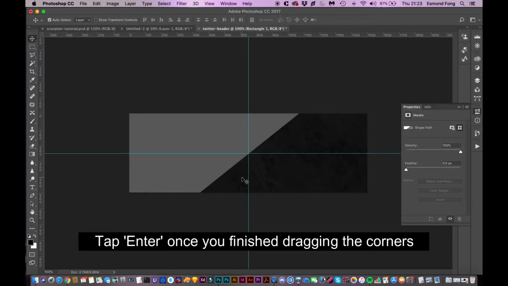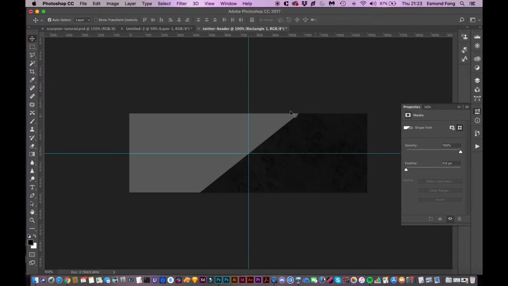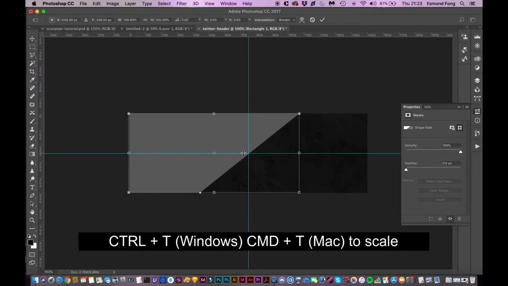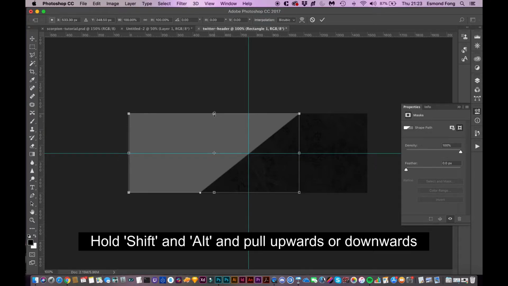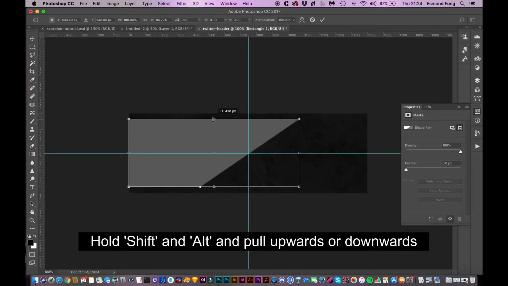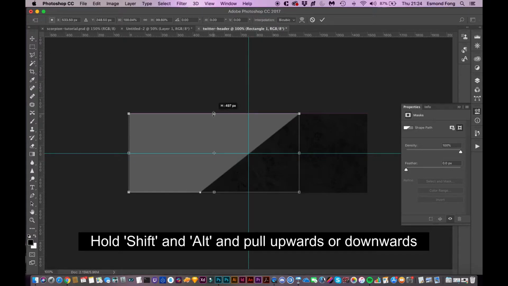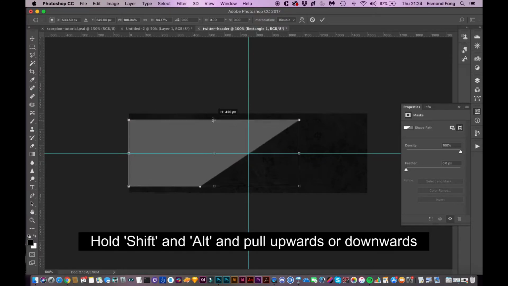That's looking pretty good. However, I want to show more of the background. You can do that by pressing Ctrl T or Command T on this layer, hold shift and Alt, and then actually you don't need to hold Alt, just hold shift. No, hold Alt as well, sorry, I can't make my mind up. Hold shift and Alt. So starting from here, hold shift and Alt, then drag down. And then I think that will do